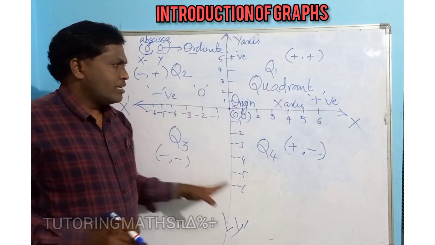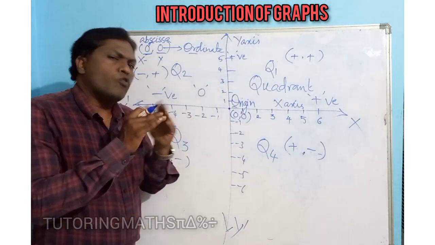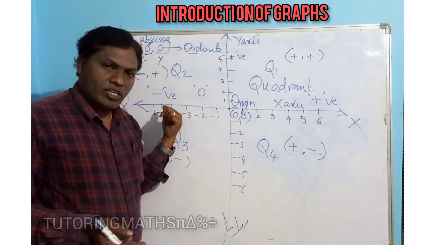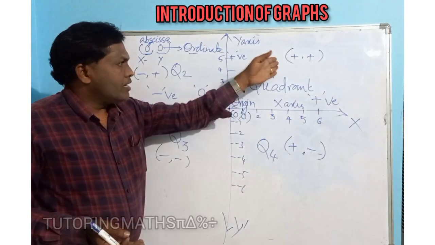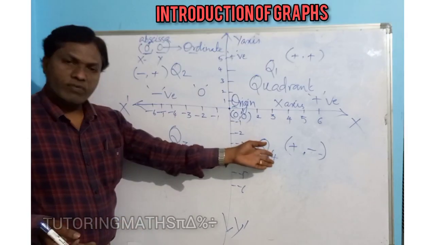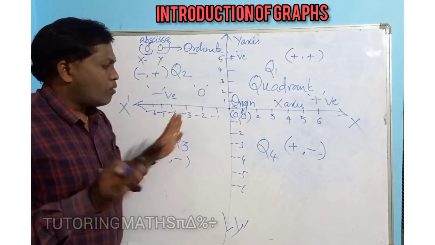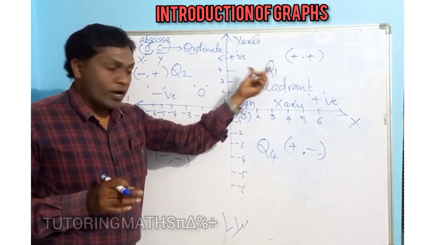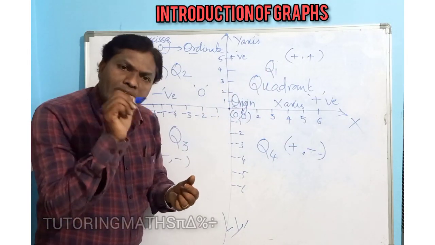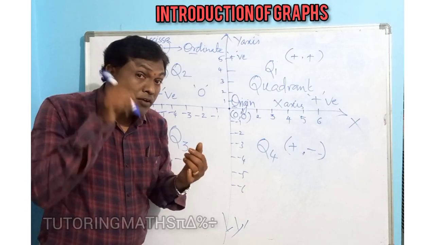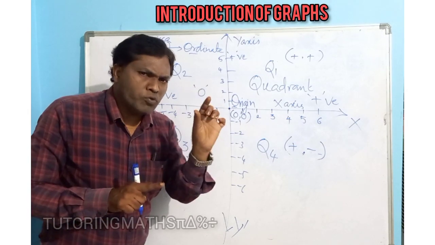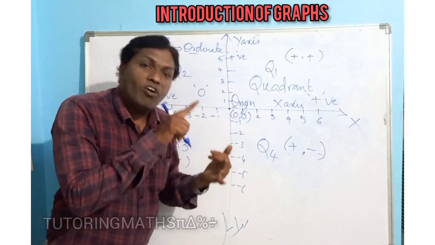Because the Cartesian plane is divided into 4 equal parts with the help of the intersection of two axes, and their quadrant values we have also discussed. So this is the form and the values of the points. Particularly if you plot a point, first of all you have to keep in mind what the first coordinate is, whether it is positive or negative.